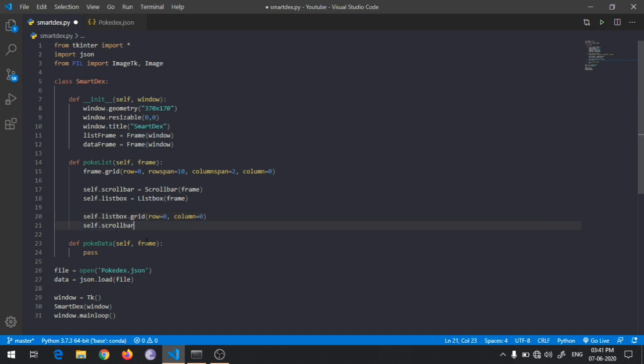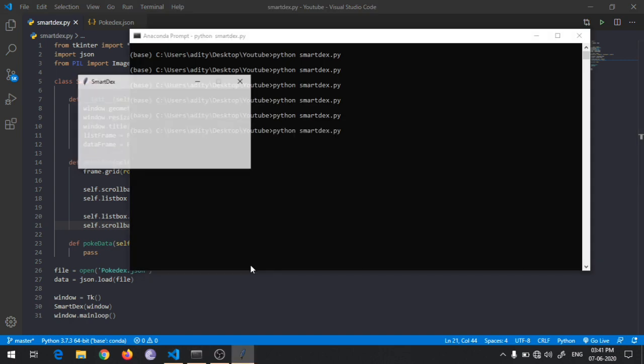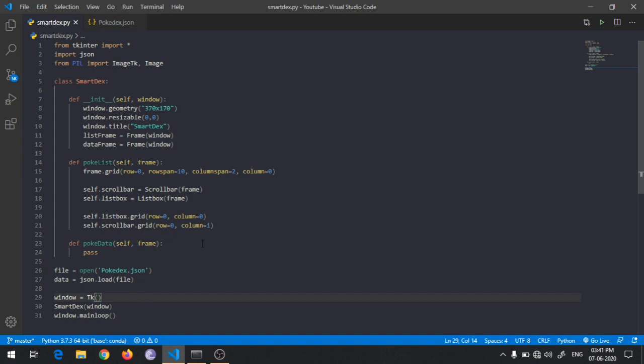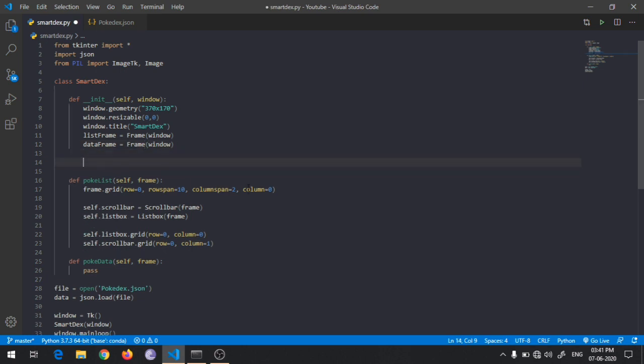For the scroll bar, row will be 0 again, and column will be 1. Let's just see if it comes. So nothing comes because, okay, we haven't called these methods yet.